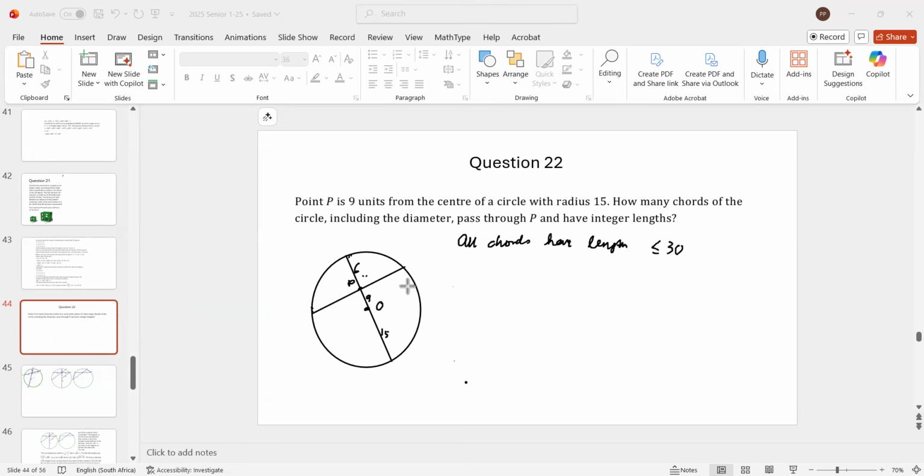What is the length of that chord? Well, we know that when you go from the center, if you drop a line perpendicular, these two will be equal. That's one of the theorems in geometry. So these two will be equal. The reason is that if you join those endpoints,